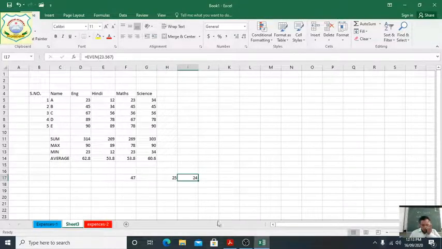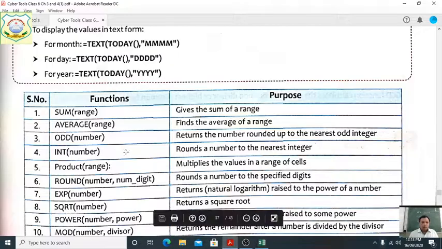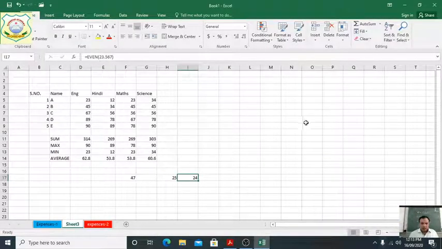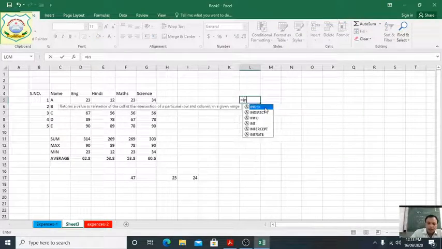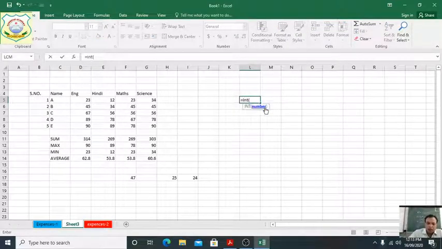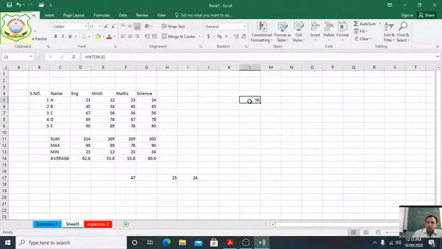Okay, and next one is given integer. Integer, how can we write the integer? Students, see here, equal int bracket, if you have written 56.5, okay, then bracket, see 56 only will come, because integer cannot be written as a decimal form. So only the integer form value we will see. Clear?